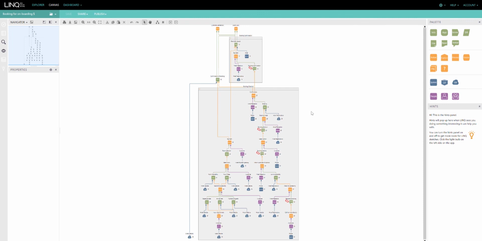In the next set of videos, we're going to start looking at a few other examples and some use cases for Lync. We're going to look at the sketches that have been created and the information and the insights that the dashboards are able to provide us with.